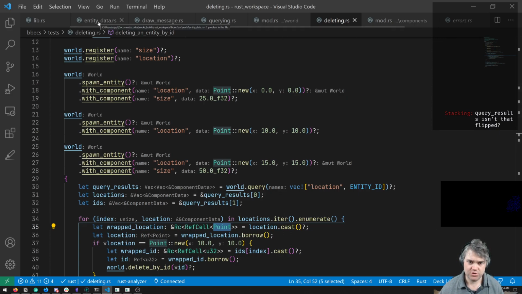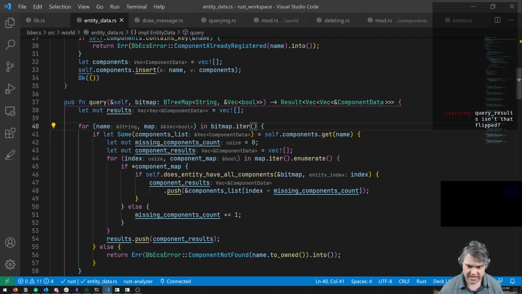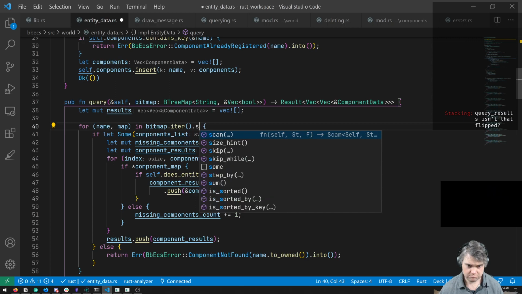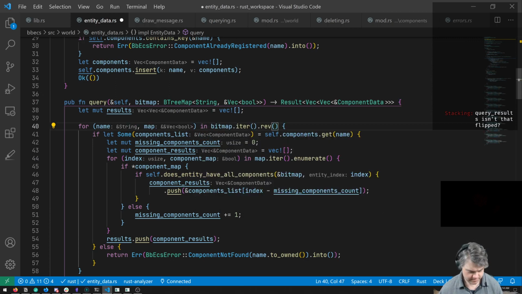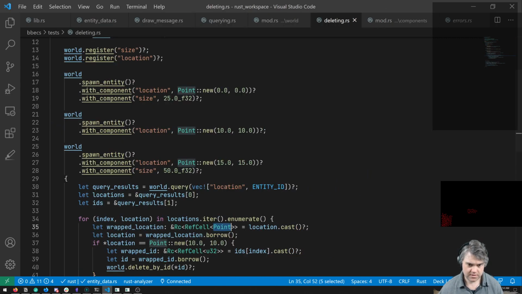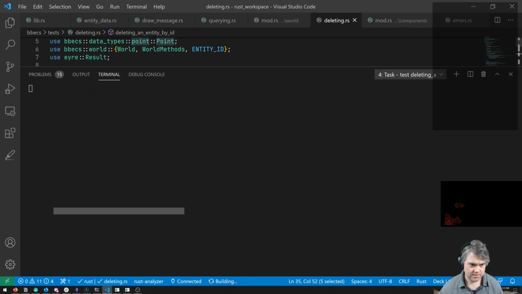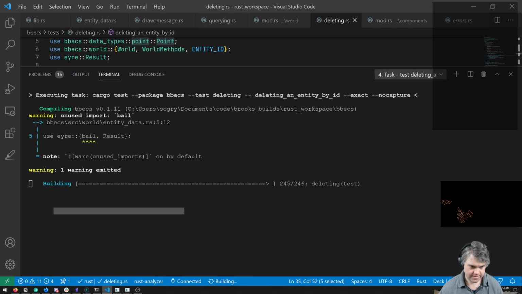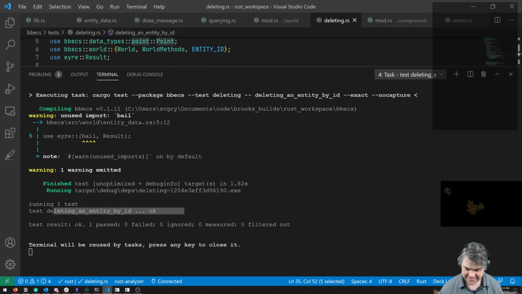And if I come to entity data for query, and if I put this reverse on here, then you run just fine.